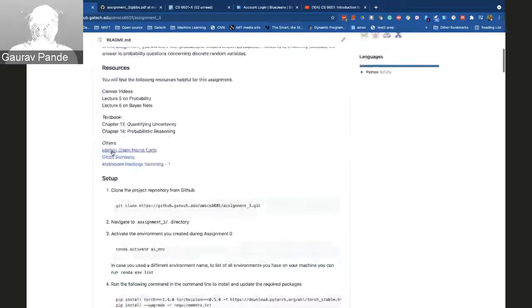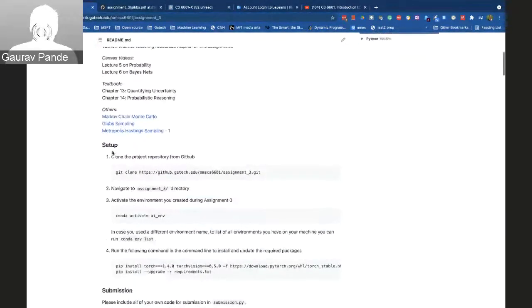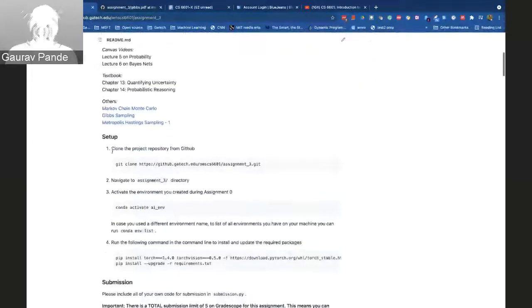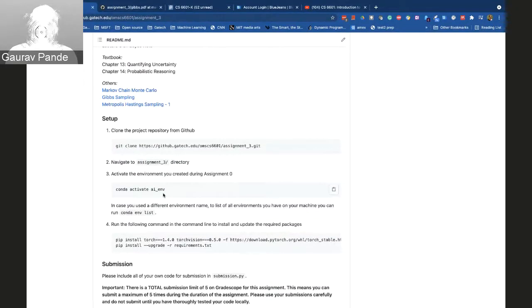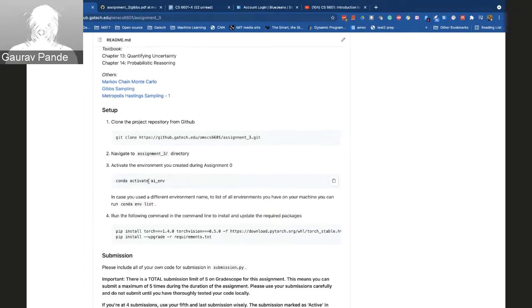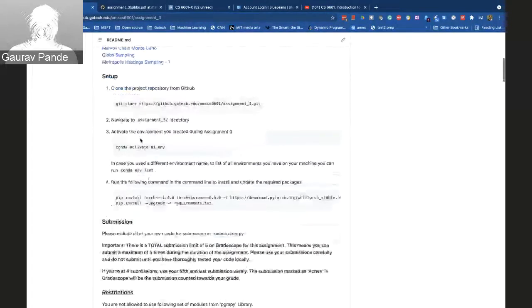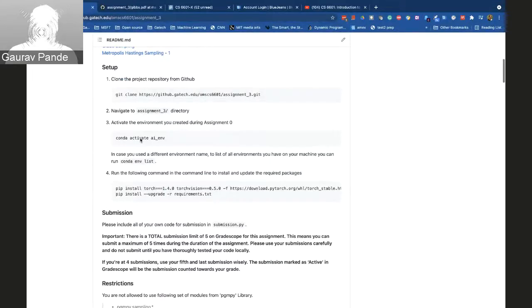In this assignment repo, the first part is setup. I think the important thing to notice here is that if you have done assignment 0, then you should be good. The thing to notice is that we are using Python 3. So if you're using Python 2, you will face problems because the libraries being used here are Python 3 based libraries. That is the thing you need to take care of. Rest of the things here, I believe, are the same as you're doing in the previous assignments.